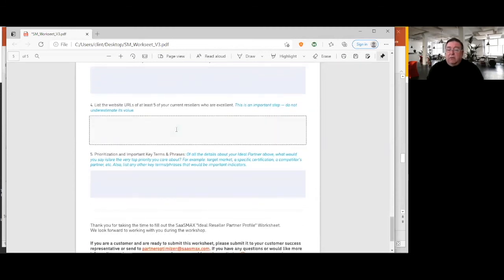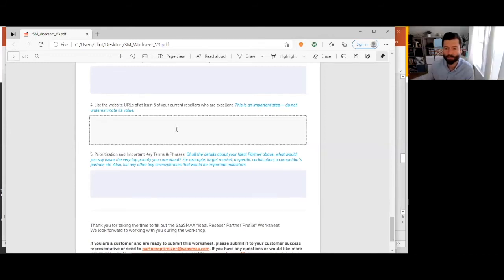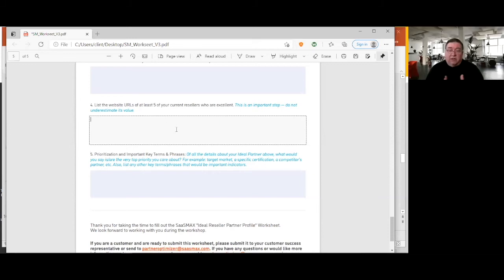And then, what we ask for if you're working with us is to provide 5 to 10 to 25 of your best performing partners, or partners you think are best. And we build out an actual, what we call data-driven profile from them. And we're able to profile those. If you're here today and you want to look at something like that, just let us know, send us the form with those on there. But then we build out a data-driven profile, which works really well because it's looking at